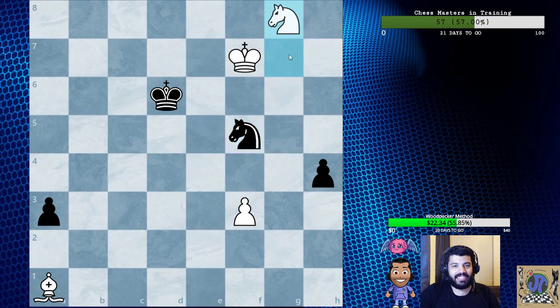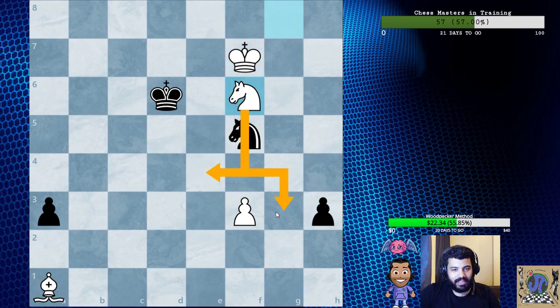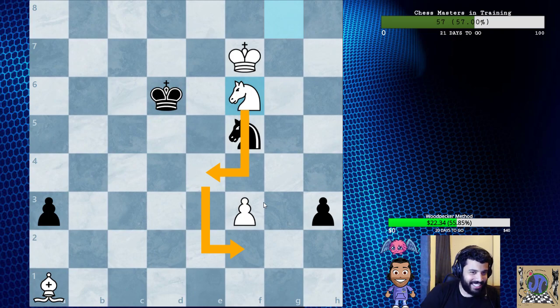g8 equals knight. So you don't have the knight fork because we have a knight. h3, knight f6, check. Again, the city life. So f6, knight f6, h2,